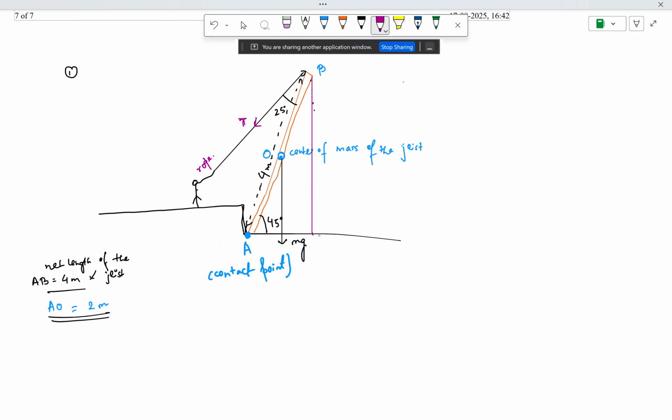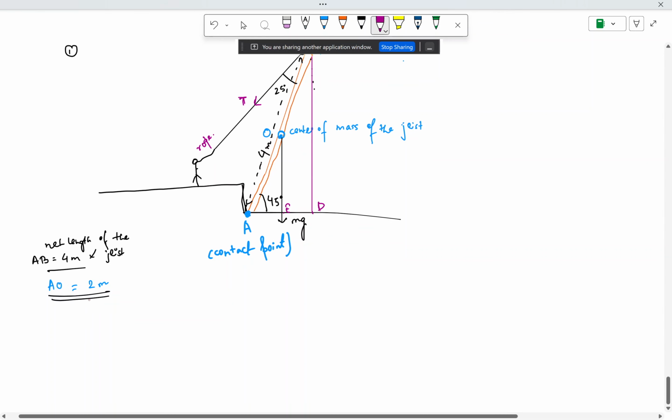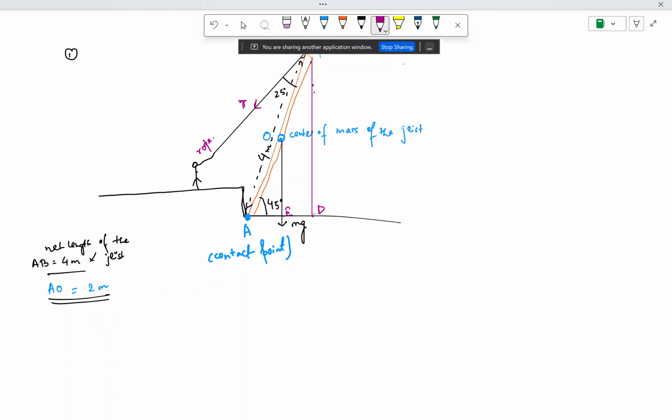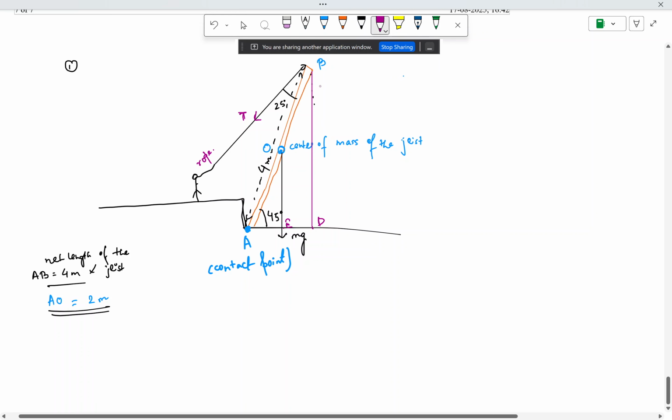Okay, so let us call this point B and this point E. So this AB is known to us, AO is known to us, half of that, but we do not know exactly what AE or AD is. These are the horizontal distances. From the end of the rod, if it touches the ground by an imaginary vertical line, that distance is the horizontal length AD. And from the center point of the rod, if you draw a horizontal length, then this length is AE basically. So these are the other 2 points.